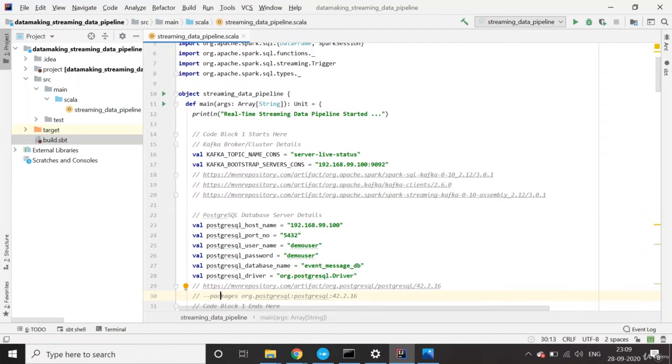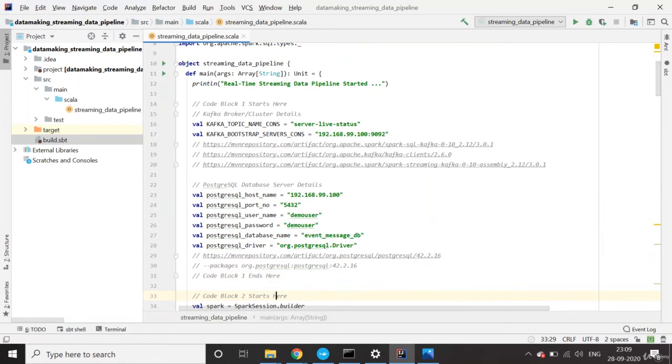Here I'm printing just a message, and I'm going to capture all the details. We are going to consume from the Kafka broker, so we need a Kafka topic name and a bootstrap server, which is nothing but the broker IP address and port number, 9092 being the default port number. This is the IP address of our Docker environment where our Kafka is installed.